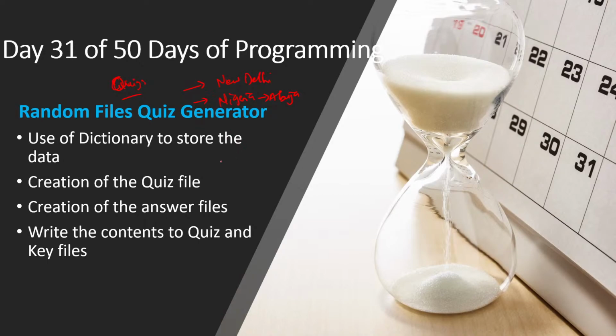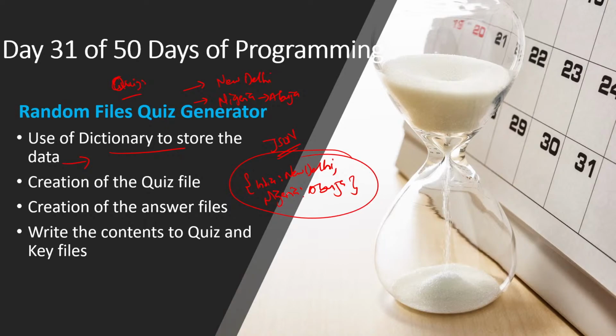We are going to use a dictionary to store the data. At the end of the day, maybe we store it in form of JSON files. So for now, we have our data in form of a dictionary, where we have key value pairs, say we have India, and then we have New Delhi, something like that. Comma, then we have Nigeria, and then we have Abuja. After this is done, we now want to generate the questions based on the input data.